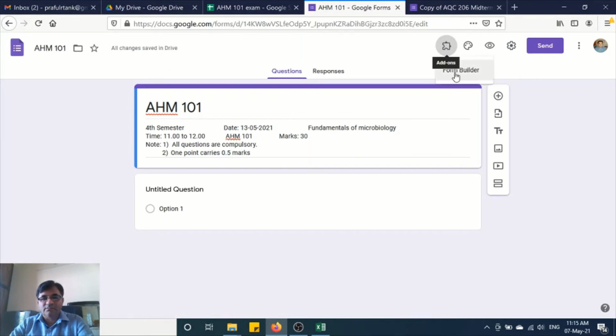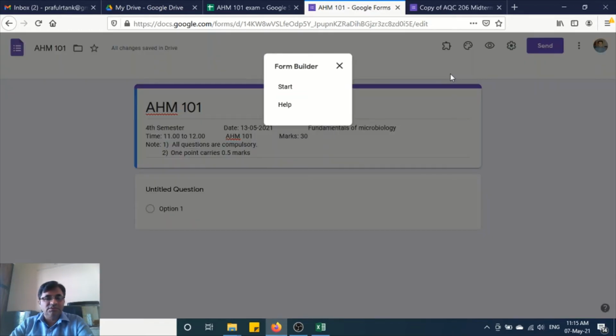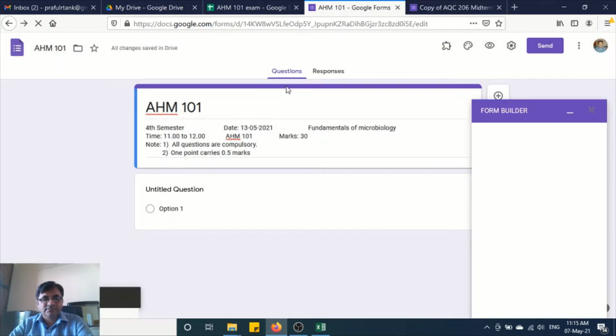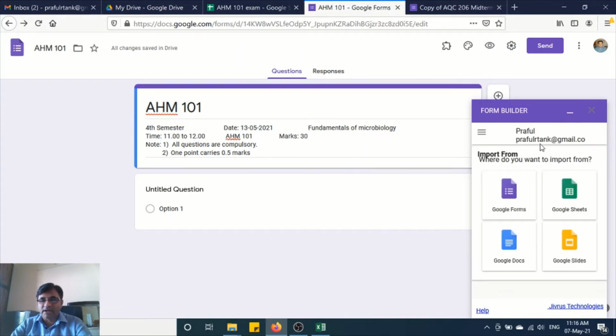Here form builder will appear. This is the add-ons logo, which will appear automatically as you install the form builder, and you just have to click it and start. A pop-up window will open and it will show the selection of Google Forms, Google Sheets, Google Docs.